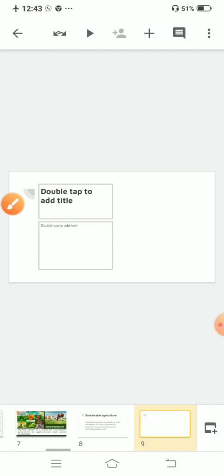Clear? What do you mean by conserving natural resources? Conserving natural resources means there is no need to waste your natural resources. You have to conserve for the future also. Clear? Maintaining environmental balance. You have to maintain environmental balance also. Clear? And coping with changing human needs. You have to change your agriculture according to the needs of humans. Clear? Whatever is in demand, you have to produce more. Clear? So our next slide is,